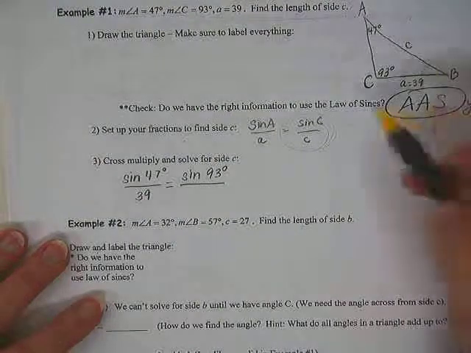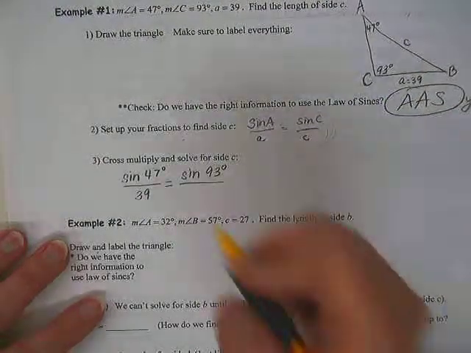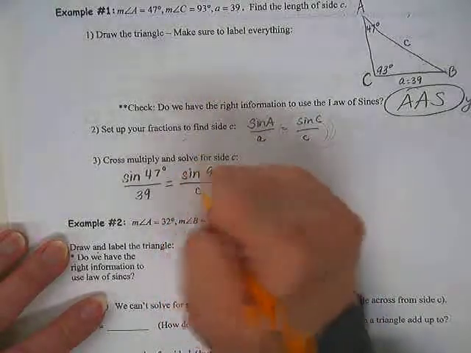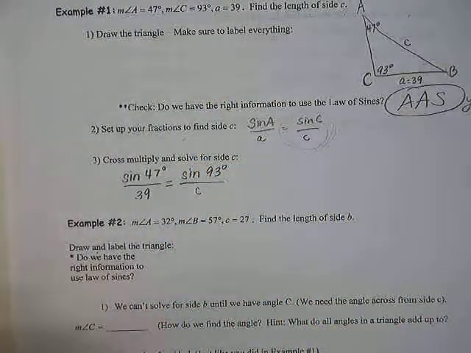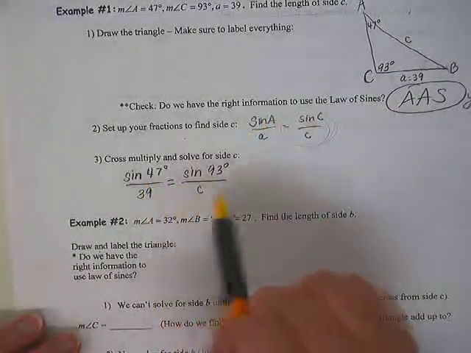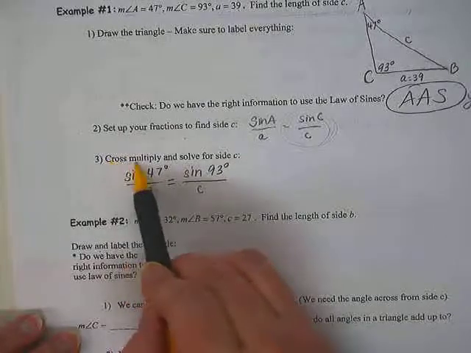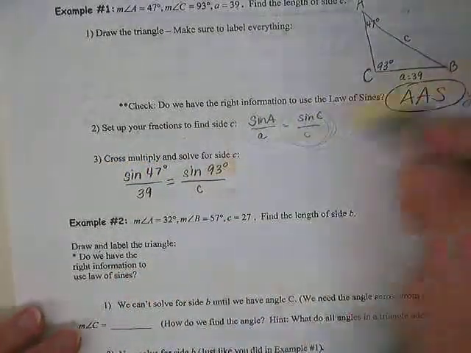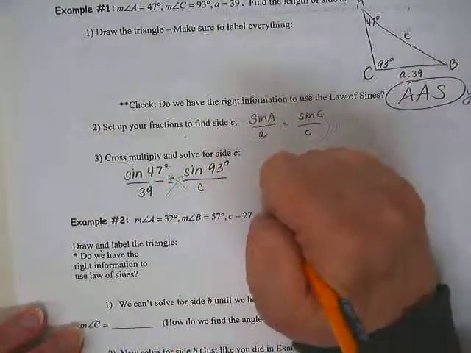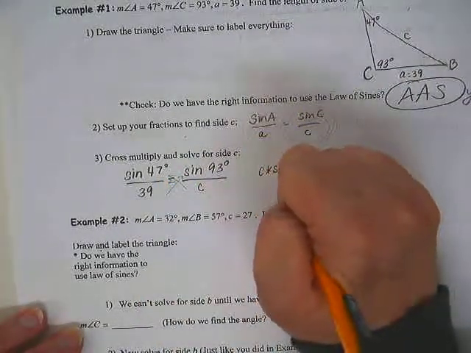Do I know what angle C is? Yes, I do know what angle C is. It's 93 degrees. Now, do I know what side c is? No, so I'm either going to draw an X there, or I can put a little c there, just some sort of variable so that I know that that's what I'm solving for. Okay? So I took the part of the formula that I needed to use, I plugged the numbers in, and